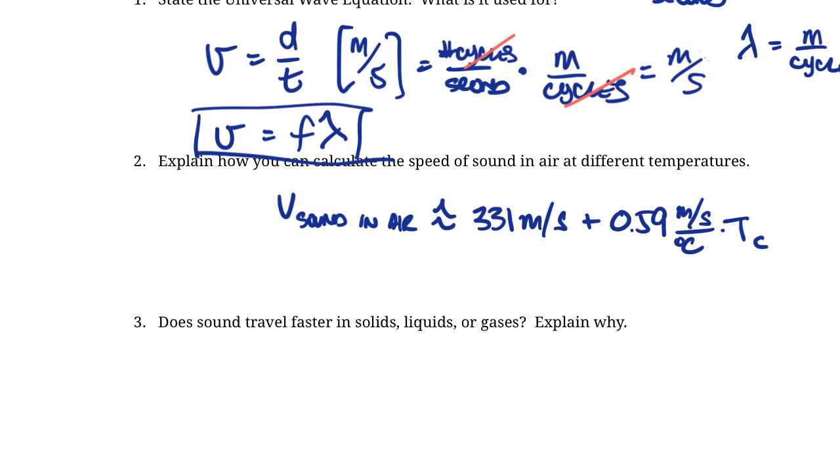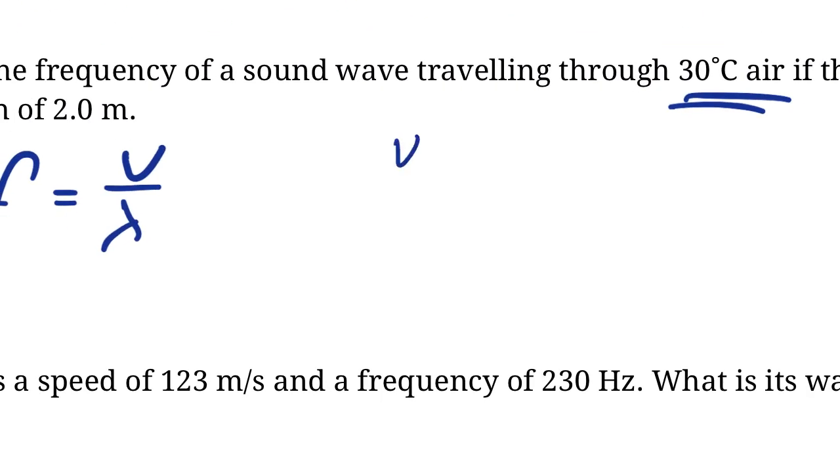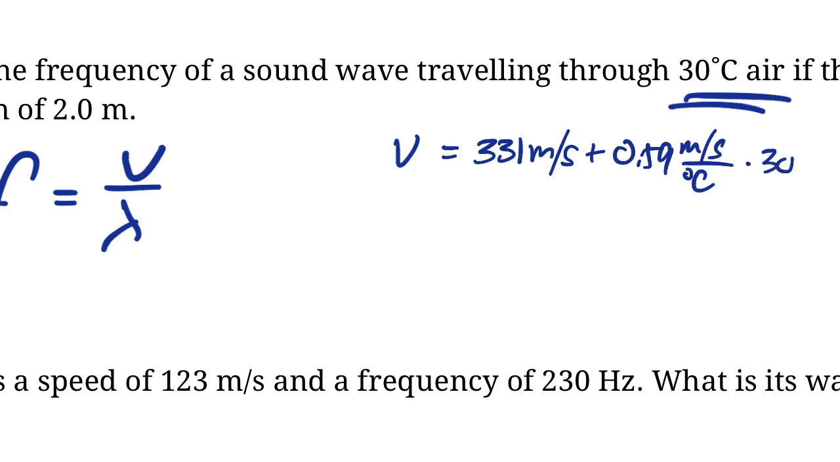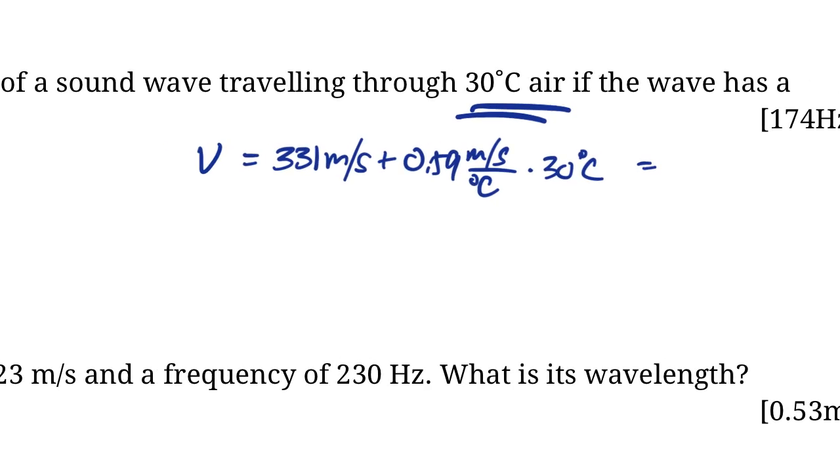So back to our question. In order to solve this, remember we were missing the speed of sound in air. We have the wavelength, but we can calculate the speed of sound in air using that formula. So let's do that now. The speed of sound in air is 331, I'll use the units here just so we make sure we don't make a mistake, plus 0.59 meters per second per degree Celsius times the temperature, which is 30 degrees Celsius. If I do that calculation, 331 plus 0.59 times 30 is 348.7